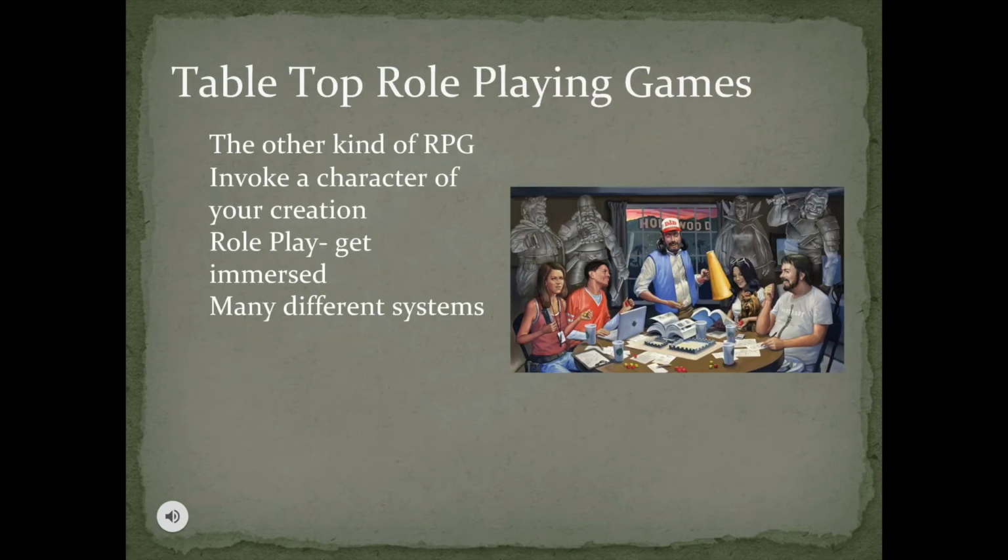Tabletop role-playing games. Some of you have probably heard of the term RPG. You've likely heard it referencing something like Mass Effect or Skyrim video games. Those are descendants of Dungeons & Dragons and other tabletop role-playing games, where the style of gaming is that you're playing a specific character that levels up over time and sees progress over the course of the game, and has narrative benefit taken from this. So, in those games, you're playing as a specific character. So, Commander Shepard or the Dovahkiin.